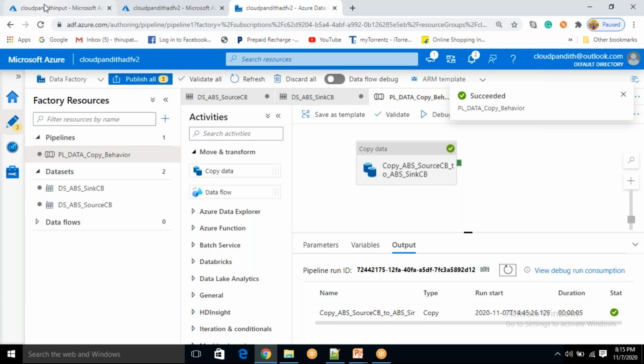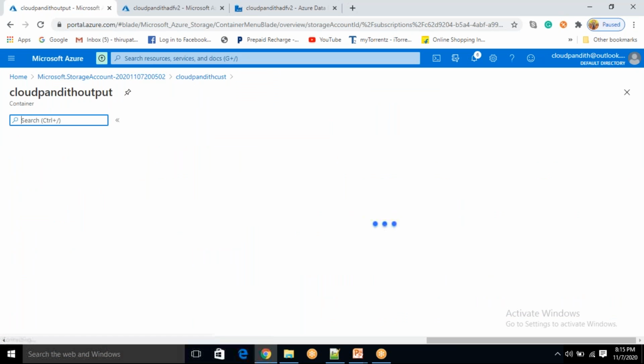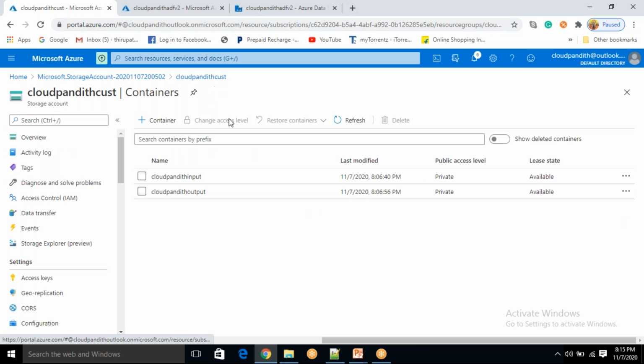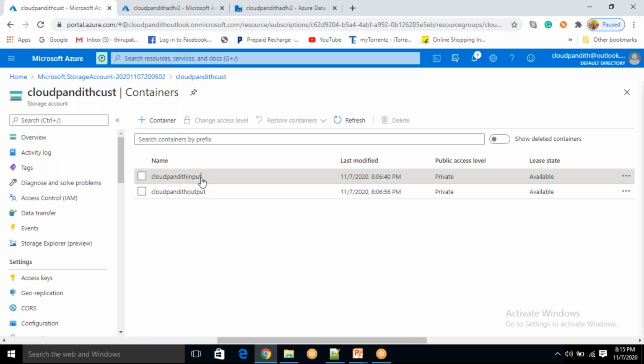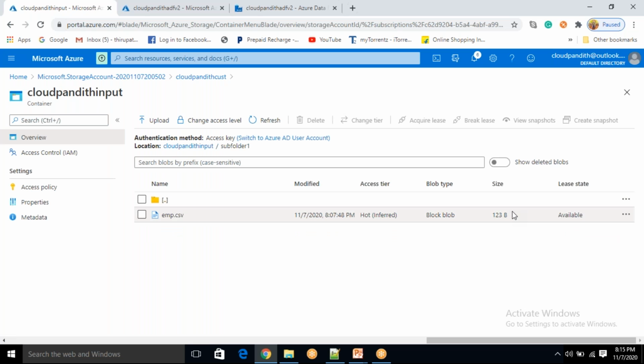It is copied. Now come here. This is the structure. Let's go to Cloud Pandit output. You see custom.csv, custom1.csv. Go inside this subfolder one, emp.csv is there. You see the size of this emp.csv is 123 bytes. Go inside Cloud Pandit input and let's verify whether it's 123 bytes or not.